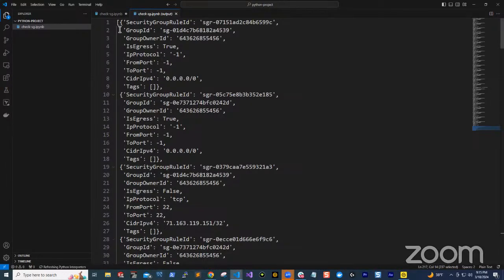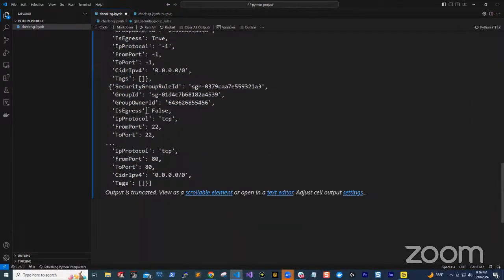So we are saying, I want to go into this dictionary. I don't need egress, IP protocol, from port, and all that stuff. All I need is the group ID. That is all I need to extract from this security group. So I'm saying for every security group rule ID in this dictionary, I want to get their group ID. So that's what we are going to do next. So in our code,